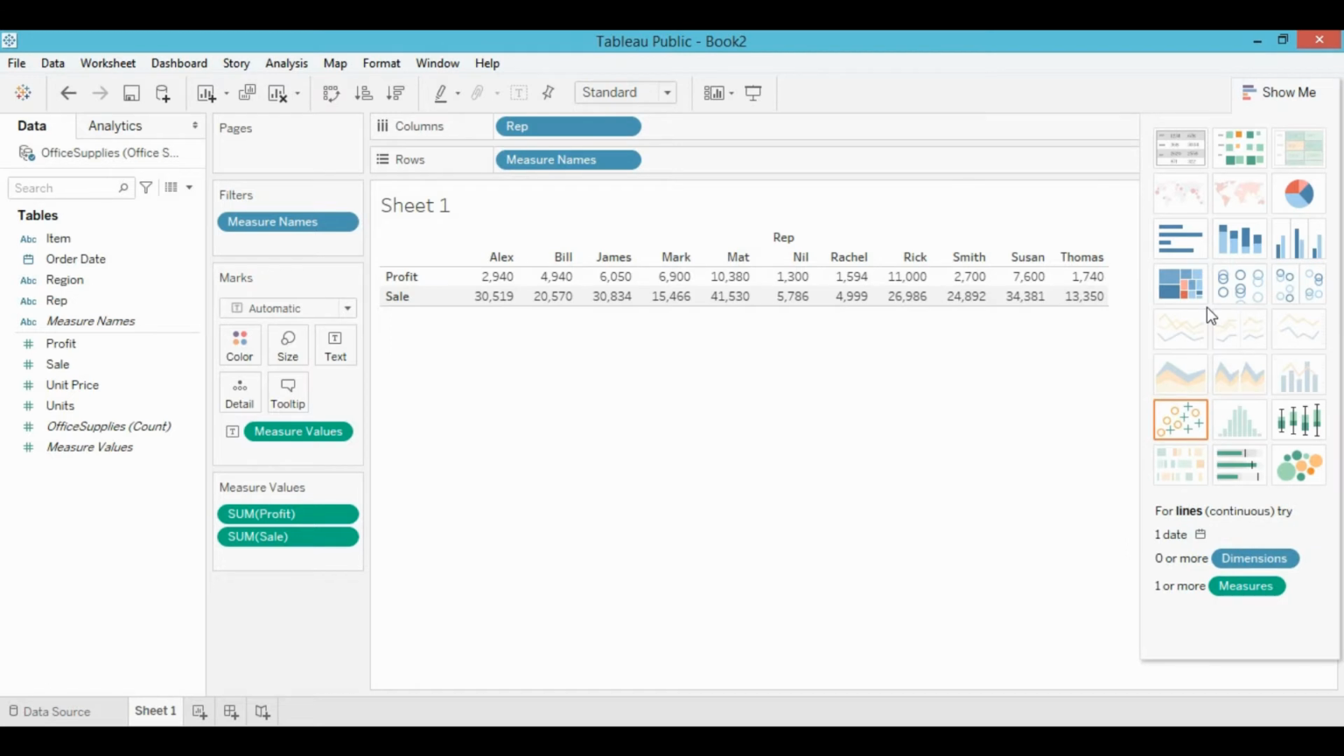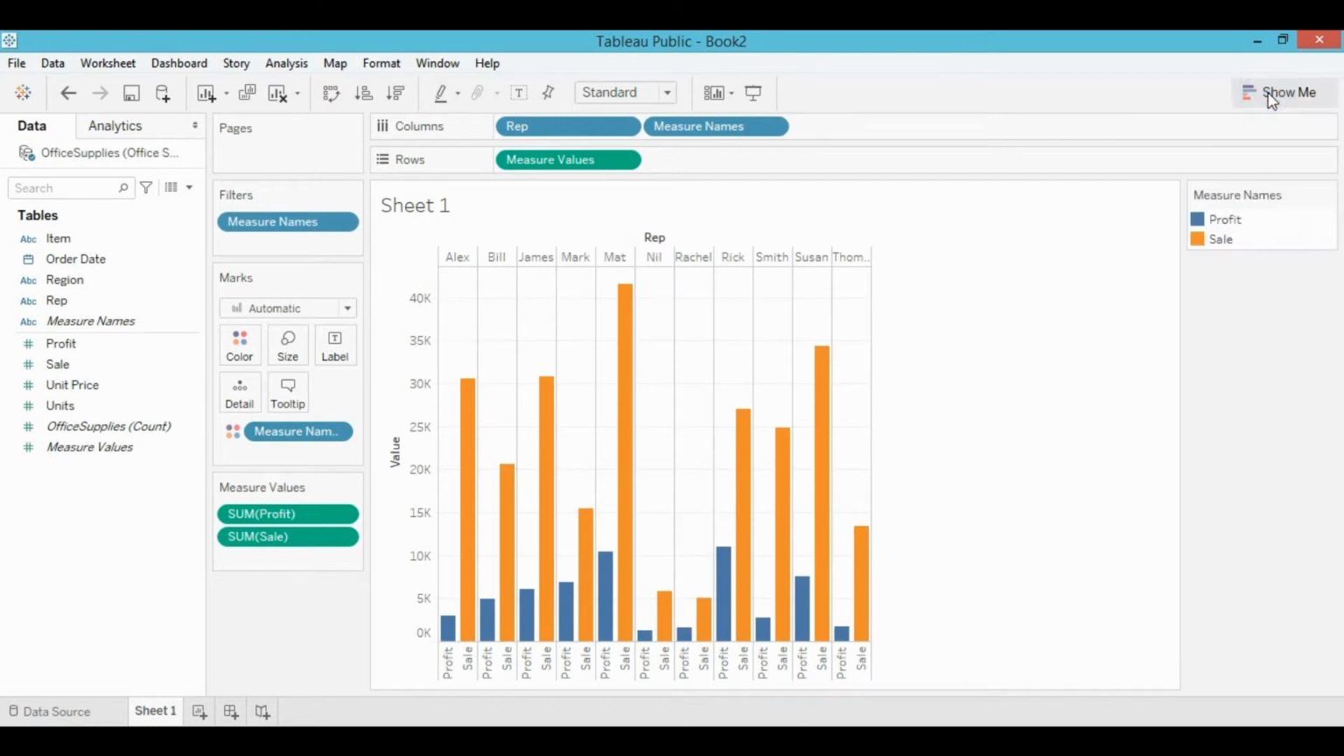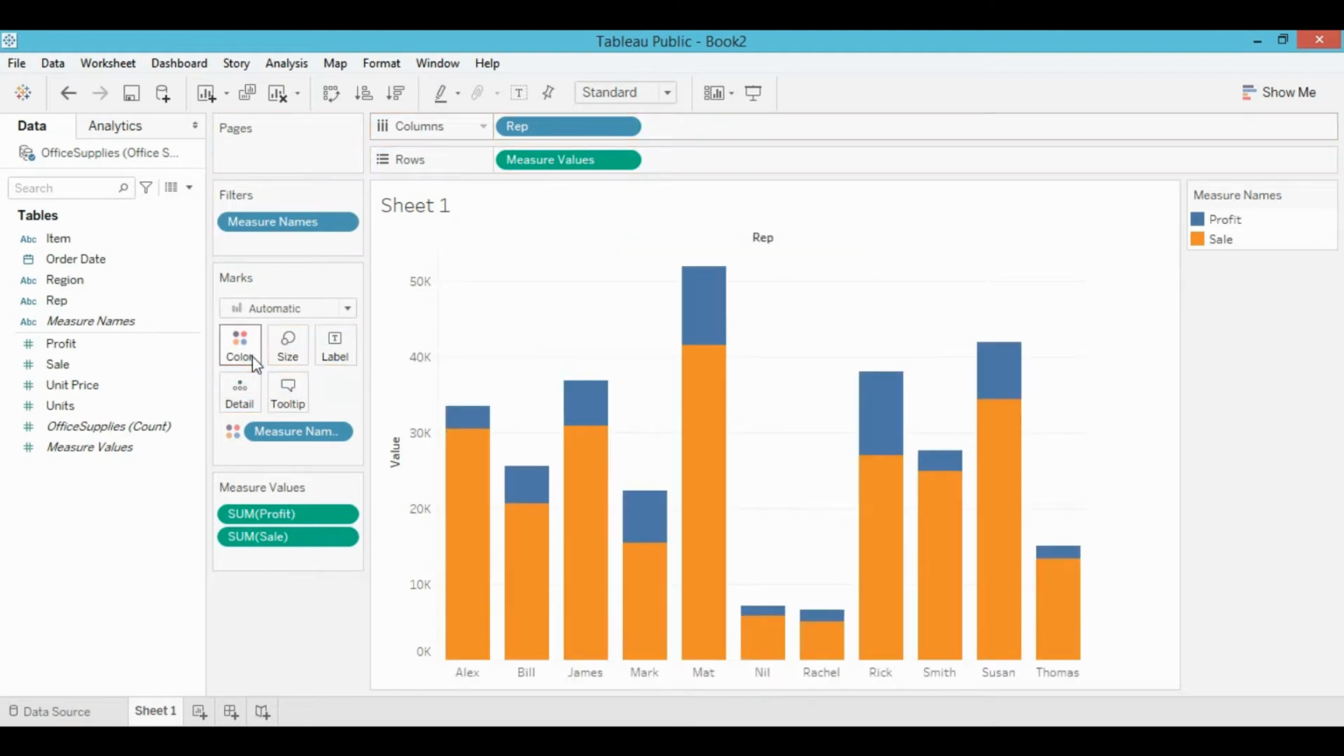Go to the Show Me button and create a side by side chart. Drag these measure names to the color palette. This will create a stacked bar. Like Alex has a sale around 30,000 and profit 2,900. So it is stacking those two measures here, but we want